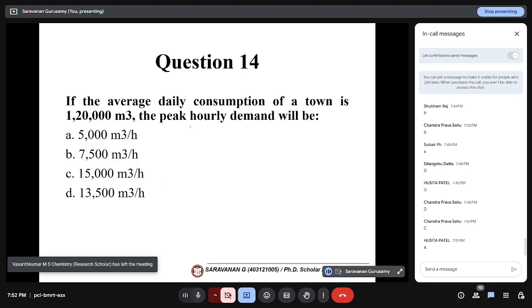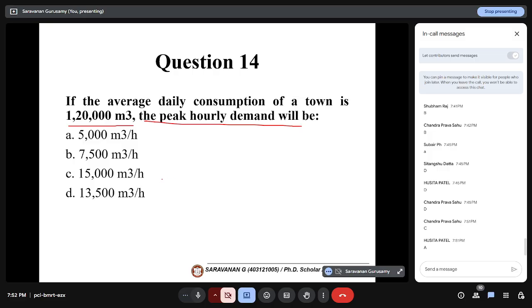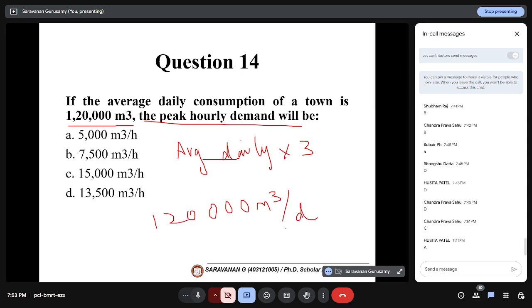If the average daily consumption of a town is 1.2 lakh meter cube, what is the peak hourly demand? Average daily is given, peak hourly is average daily into 3. So 12000 meter cube per day is given, into 3, and we have to convert it into hours. So divide it by 24 into 60 into 60. So 12000 into 3 divided by 60 divided by 60 divided by 24. So we are getting the meter cube